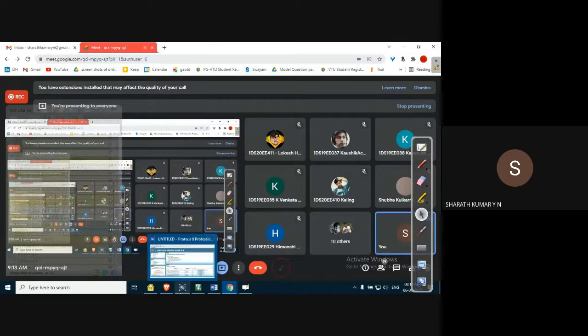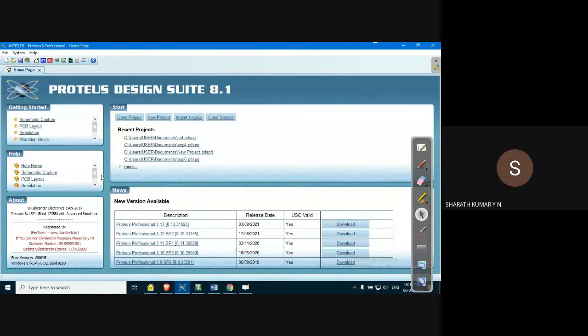Okay, so I have already installed the software. So this is how I could have shown the installation, but it takes time, so that's why I'm avoiding that step here. Okay, yes, once you launch the Proteus software, this is the window you get. This is the page. So here you can see a lot of options for PCB design, simulation, schematic capture, okay,